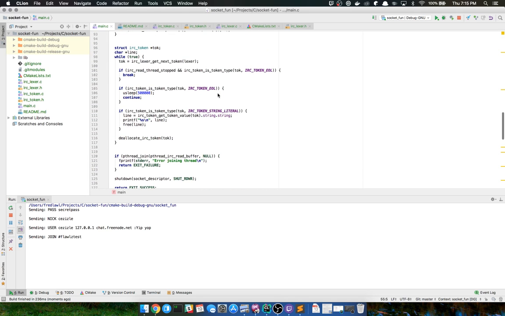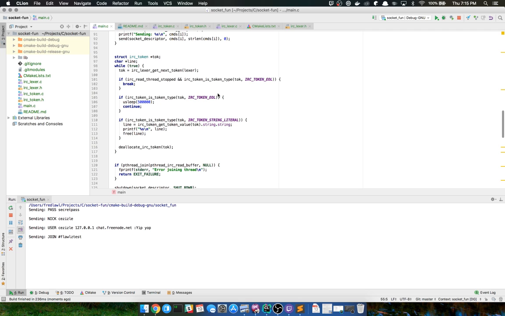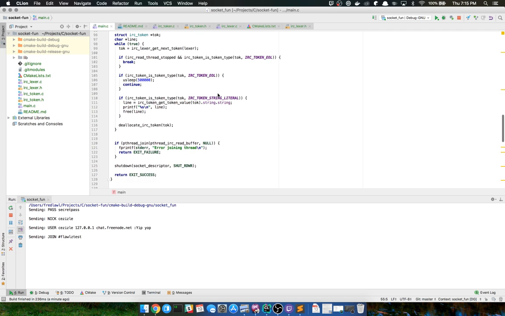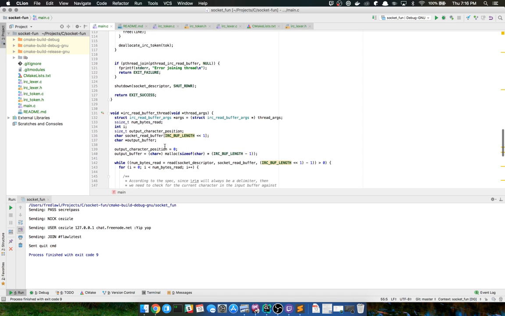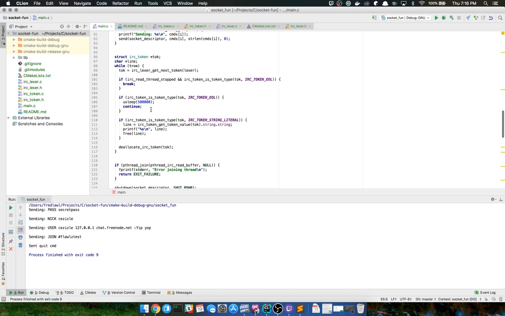I might need to throw in a breakpoint to make sure everything's going okay, which I'm going to have to do. So I'm going to stop it.